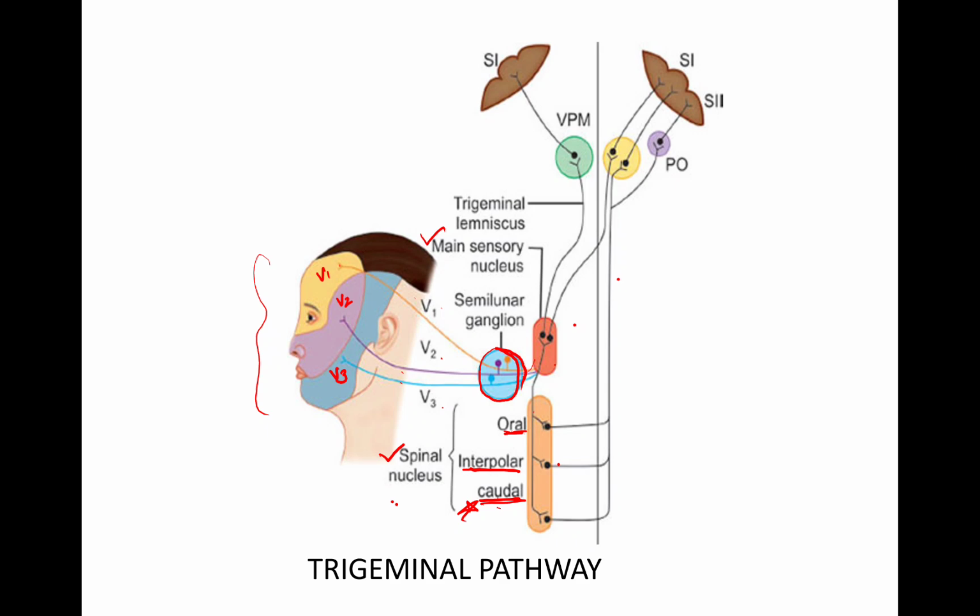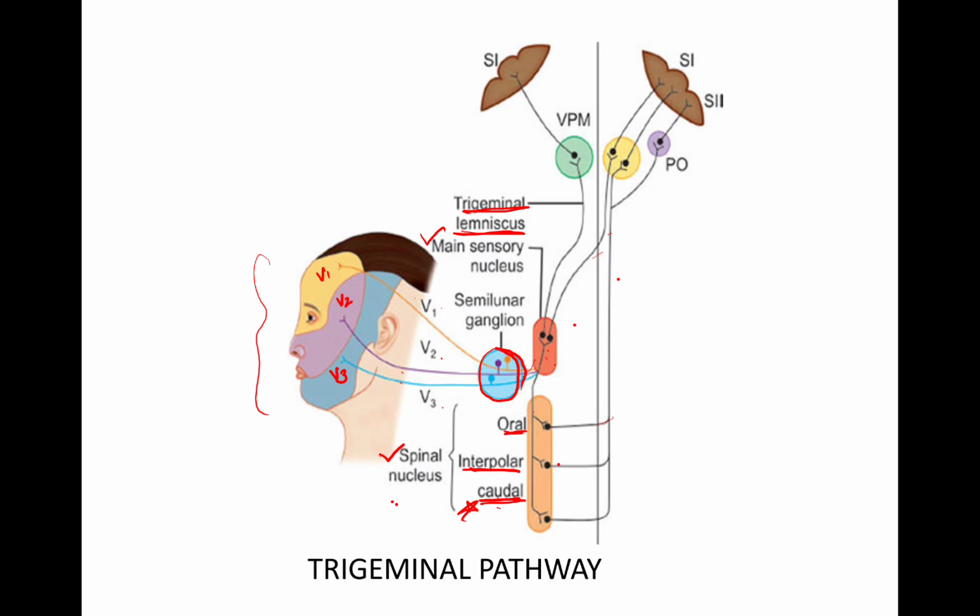Now after this, from the brainstem nuclei, which is divided into two parts, from here few and from here few, where will they go? They reach the thalamus, crossing the highway. When you are going from here to here and here to here, it is nothing but crossing the highway. So fibers from both nuclei cross to the opposite side and travel up as the trigeminal lemniscus. So this is the trigeminal lemniscus we were talking about. Okay, this is the trigeminal lemniscus. So via the trigeminal lemniscus, they will pass